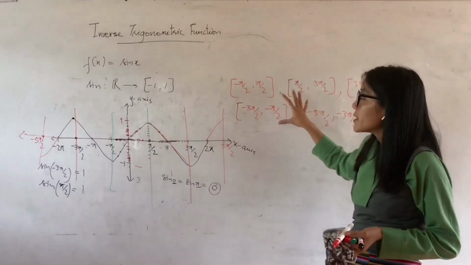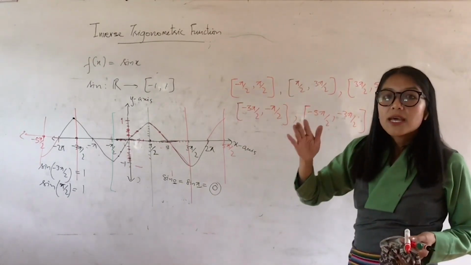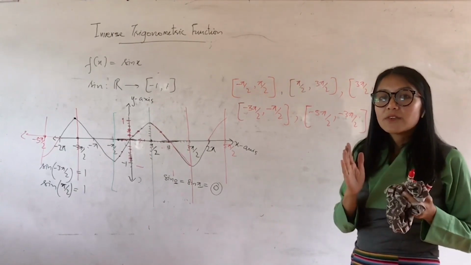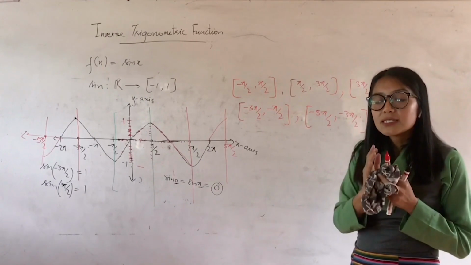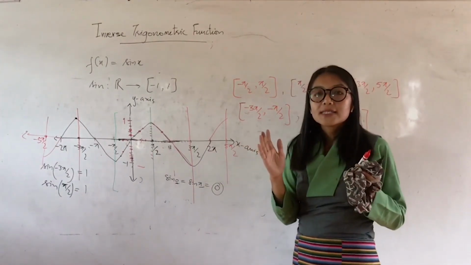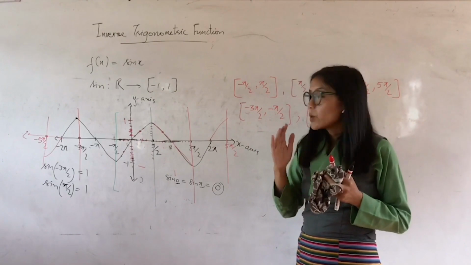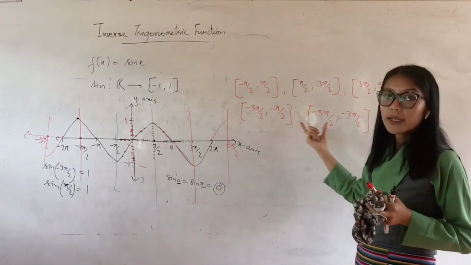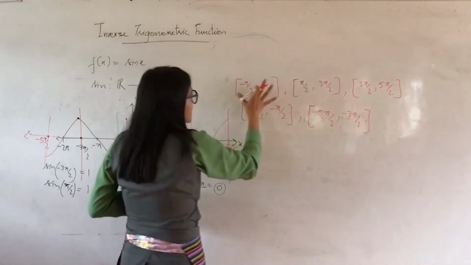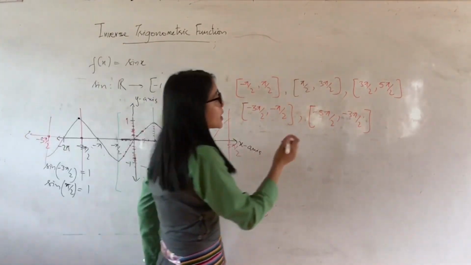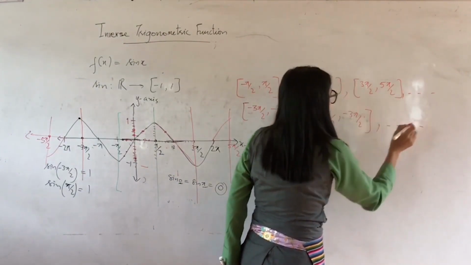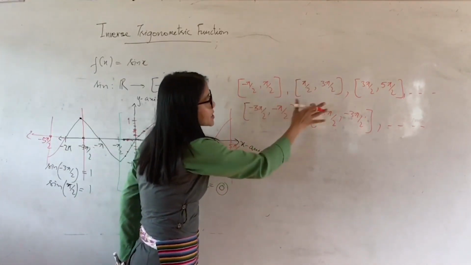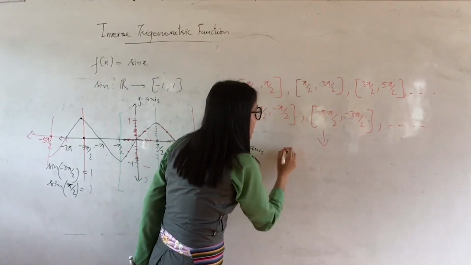So these are the restricted intervals from the set of real numbers, and why we are doing this, that we should know. So that within these intervals we can find sine inverse. We had seen that if we take the set of all real numbers, then we cannot find sine inverse. So to find sine inverse, we had restricted the set of real numbers to these smaller intervals. Now all these restricted intervals, if you extend the number line, you will get more such intervals. Okay, so all such restricted intervals, these are called as the branch